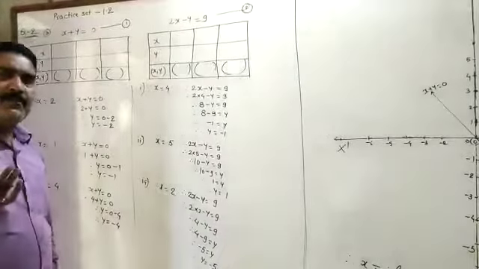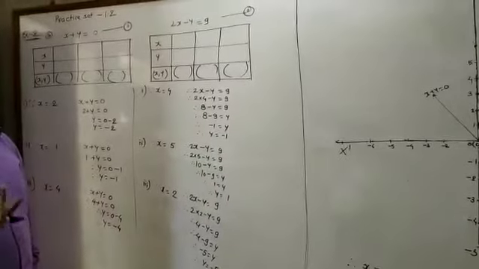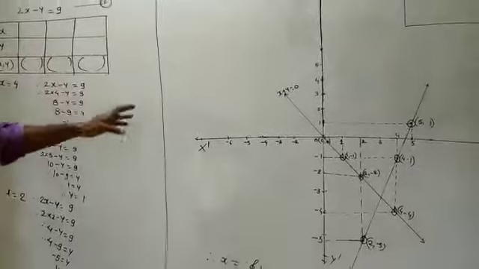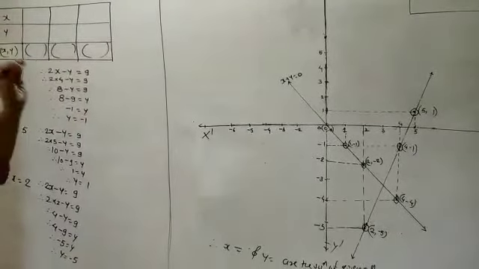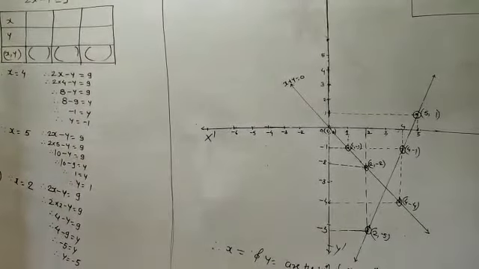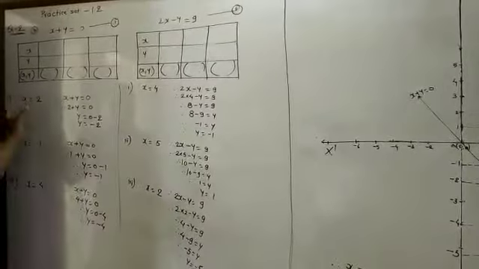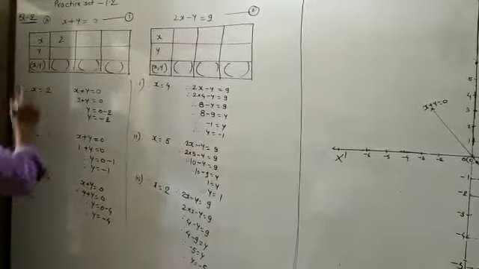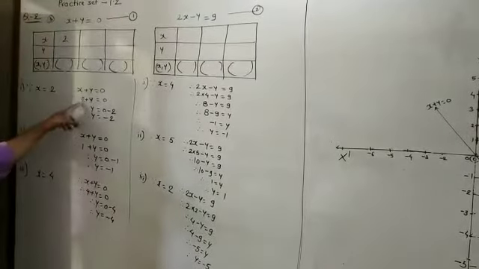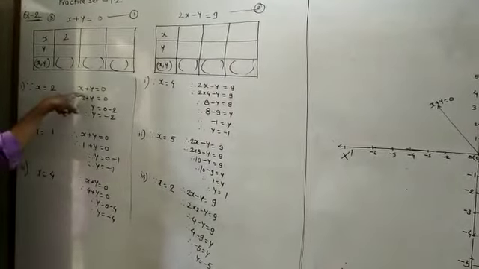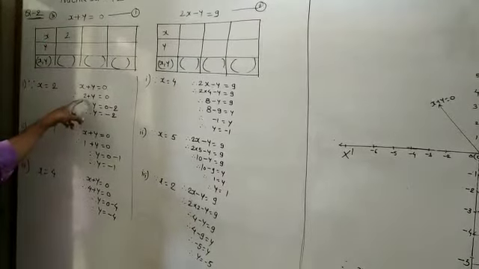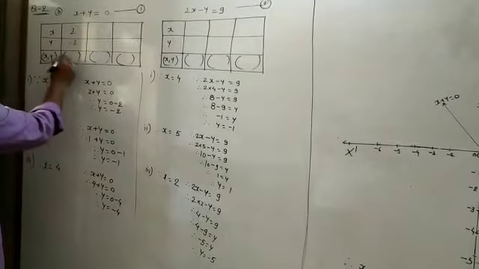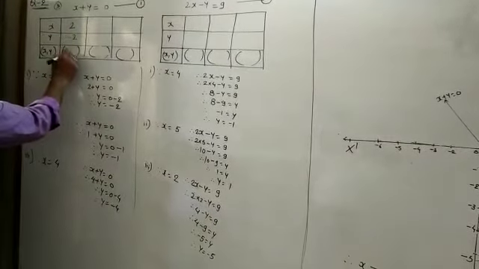You can take any value of x, but the graph has a limit, so whatever points you choose must fit in the graph, and according to that you have to take the scale. So I will consider the value of x as 2. When I put x equal to 2 in the equation, y will come minus 2, and the coordinates of this point are (2, -2).